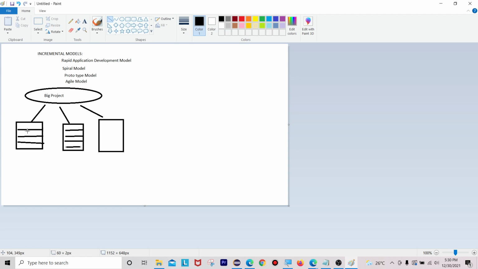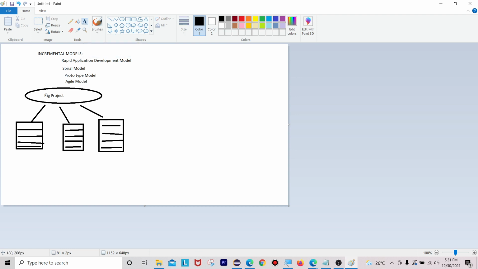What are all the phases we have? First requirement, next planning, next design, next coding, and the last one is the testing phase.